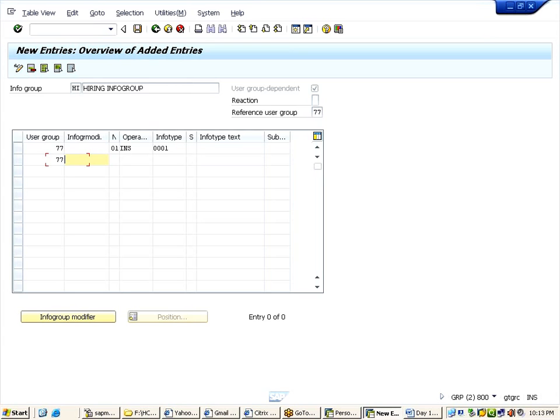That means after calling organizational assignment as a second info type, my system should call personal details of the employee, so that I can create personal details for the employee. Then again 77, 3, INS, and I want subtype 1. Like this, we need to create as many info types as we want in the info group.